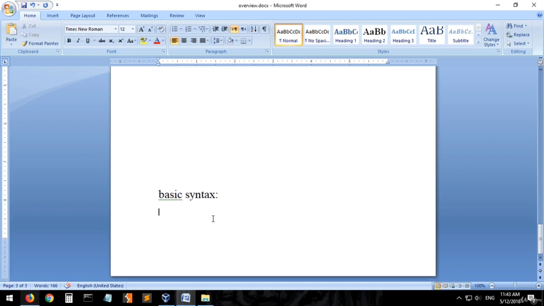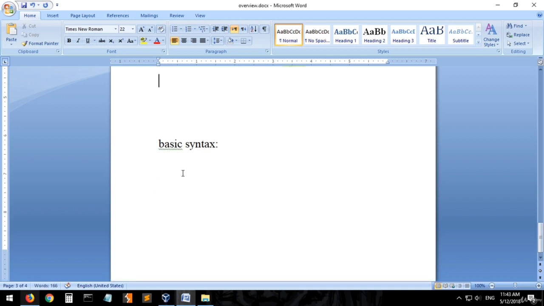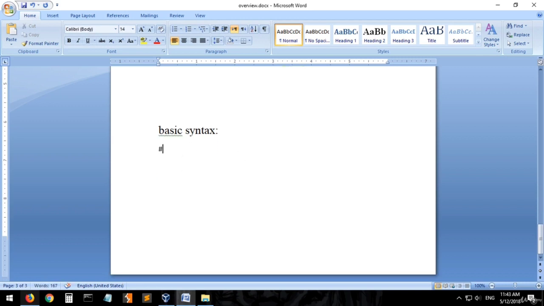Now, this is the basic syntax we will use. First thing, we will include a library like this: include, and the name of the library is here, for example stdio.h. This is the name of the library. We will use it to print and read from the standard input and standard output. Don't worry, all of this will be discussed, and we will write enough assignments in a practical way. Now, int main.